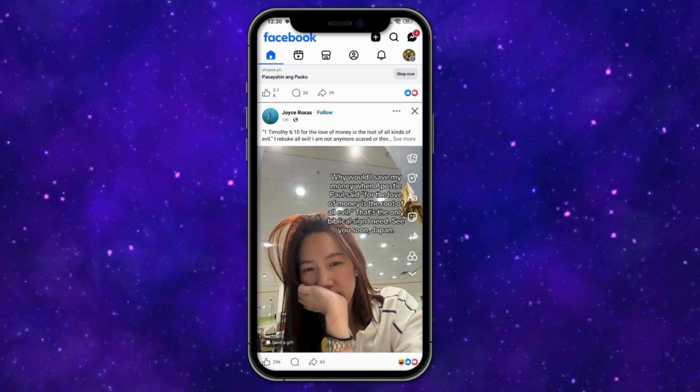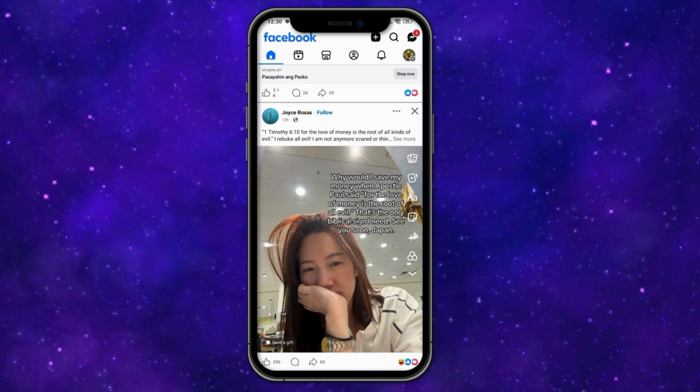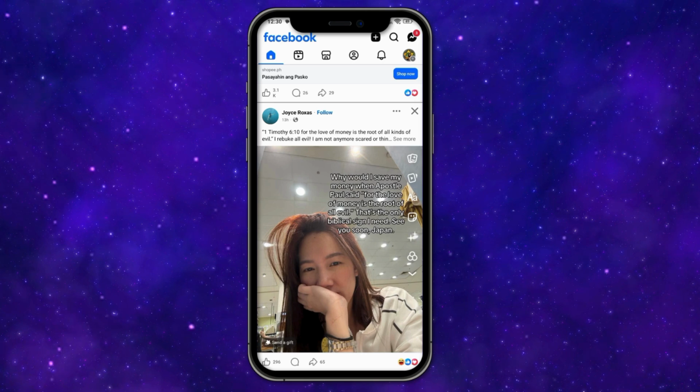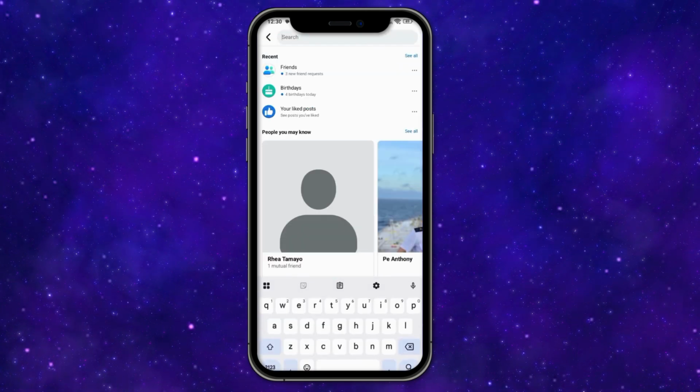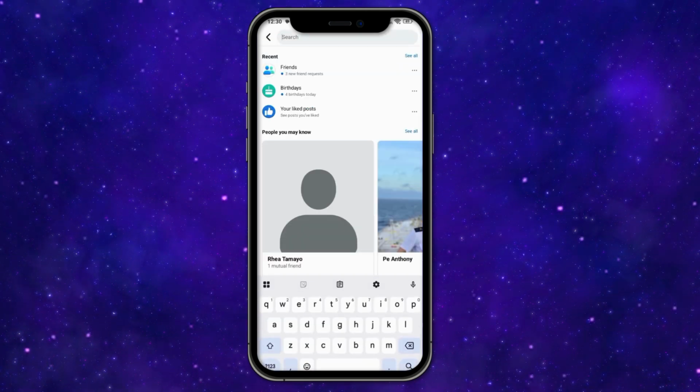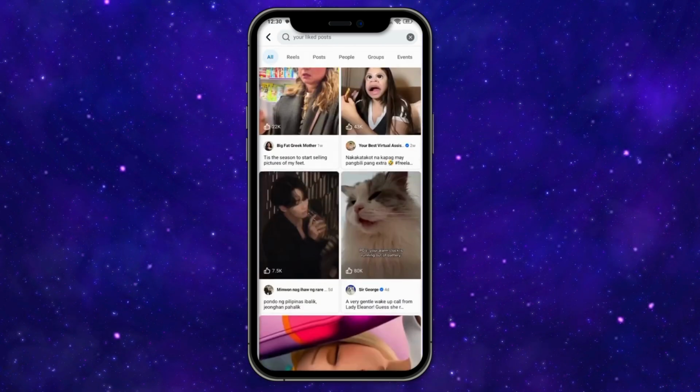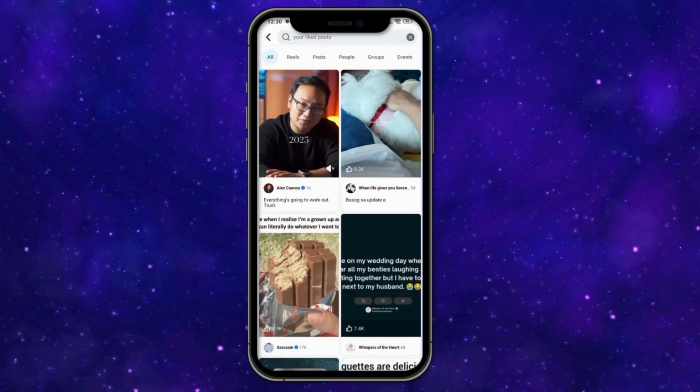So, to get started, go ahead and open Facebook on your device and then click on the search icon at the top right of your screen. Under this, you'll find your liked posts. So, click on that, and then in this section, you'll be able to find all of the posts you've liked